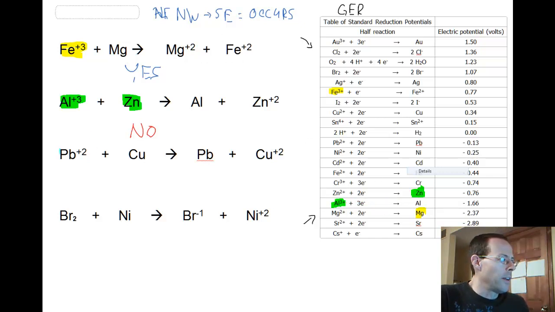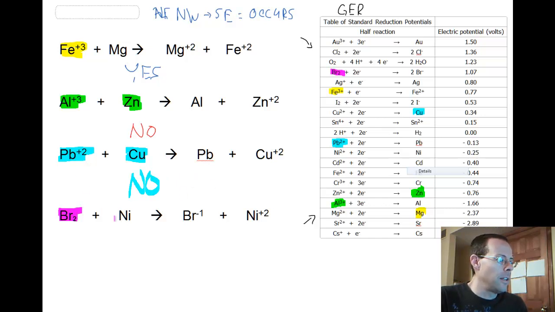Put a blue highlight. Lead plus 2. There's lead plus 2 right in the middle, and we're going to look for copper metal. Copper metal is over here on the right. So again, if I draw a line, we find that that will not happen. Right, big no. And then lastly, bromine,